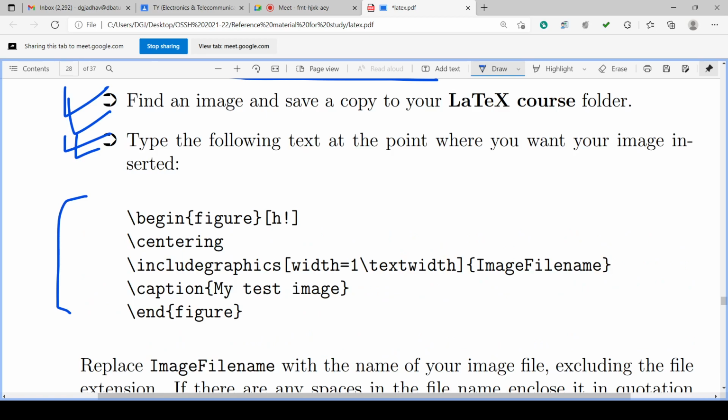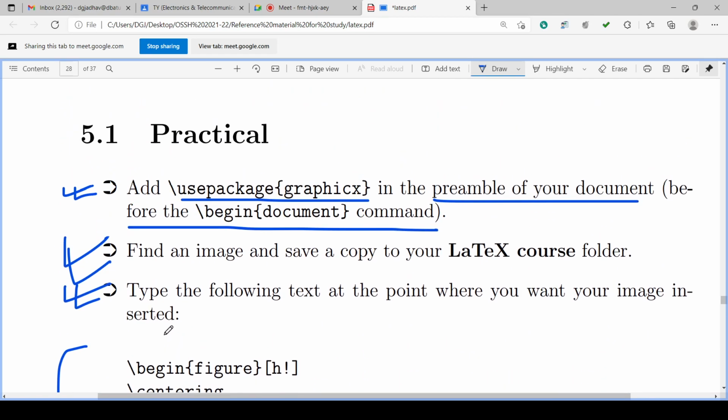Okay. What are the tasks? Add the package, usepackage graphics, in the preamble of the document before the begin document command. The next task is that the image is saved in the same folder where the text file is there.